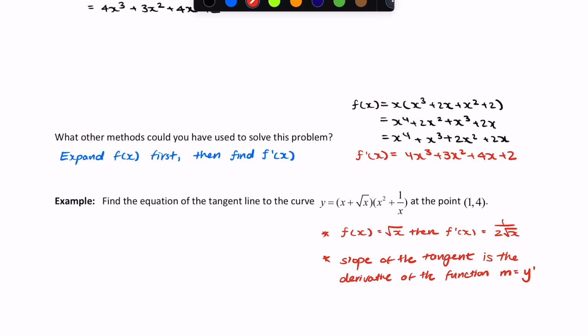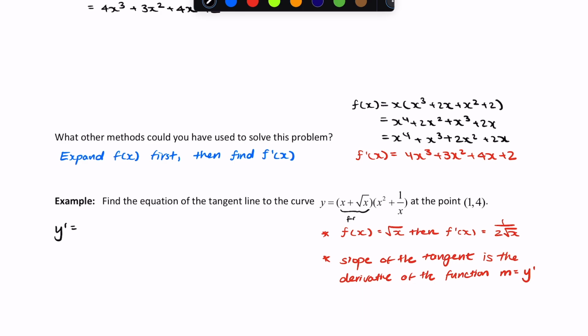So the slope is equal to the derivative of the function. So if we look at this question here, we have y prime is equal